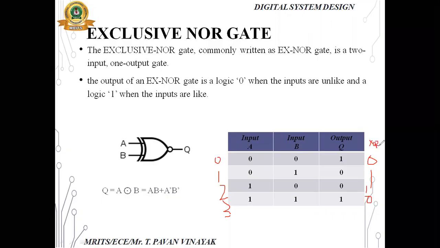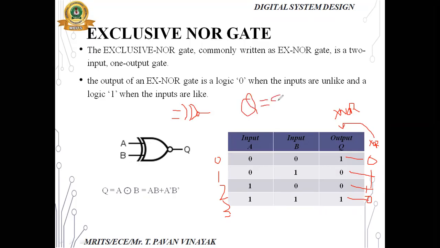So the complement is XNOR. See, 0 complement is 1, 1 complement is 0, again 1 complement is 0, 0 complement is 1. So exclusive NOR means complement of XOR, so we add a bubble to the XOR gate. Draw the XOR and put one bubble. So how can we write the expression for output Q?